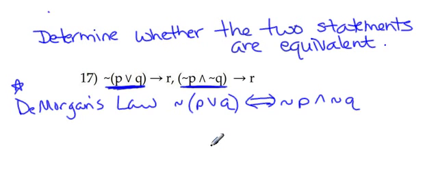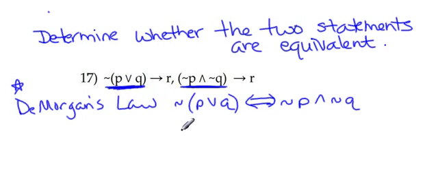For number 17, we're asked to determine whether the two statements are equivalent. And I want you to notice there's something special about the antecedents of those two conditional statements. They actually are logically equivalent because applying De Morgan's law, the negation of P or Q, the disjunction of P